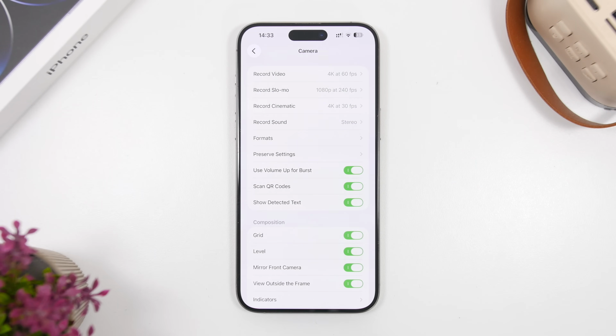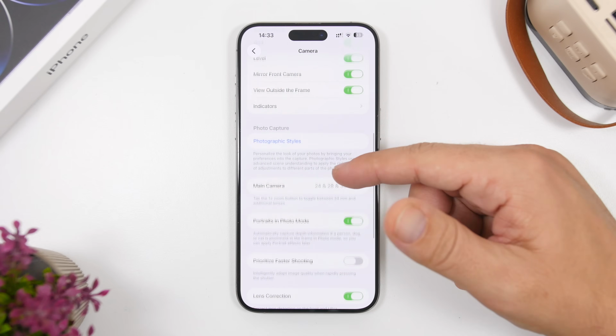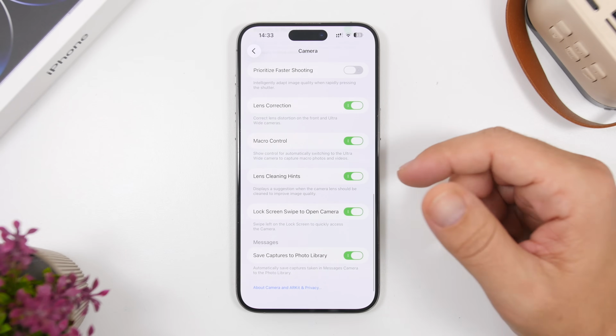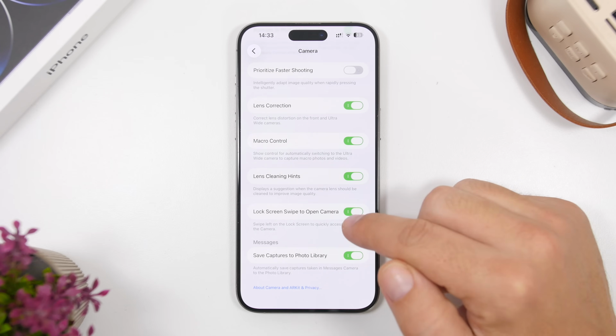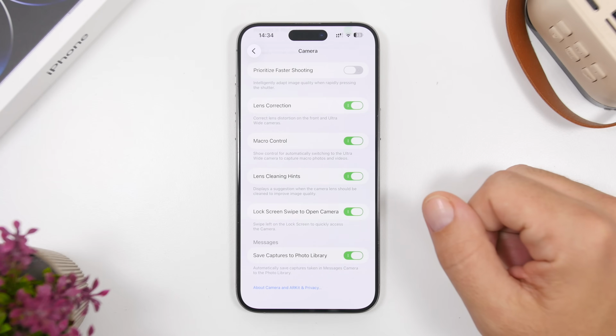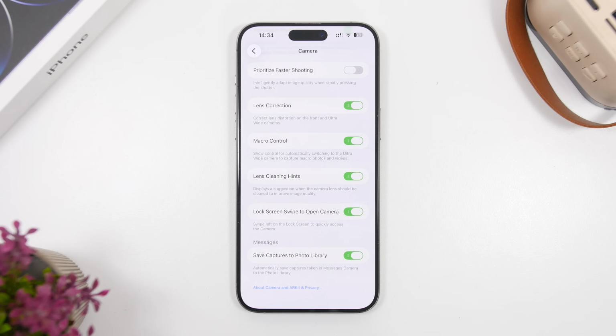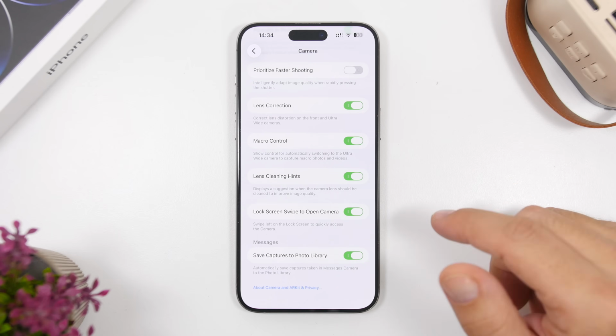Next up, we're moving to the camera settings. We also have a new option here that you can choose to enable or disable, but a lot of people might want to see this and enable it on their devices. So right here we have lock screen swipe to open camera. A really old feature that has been around for a really long time, but a lot of people don't want it